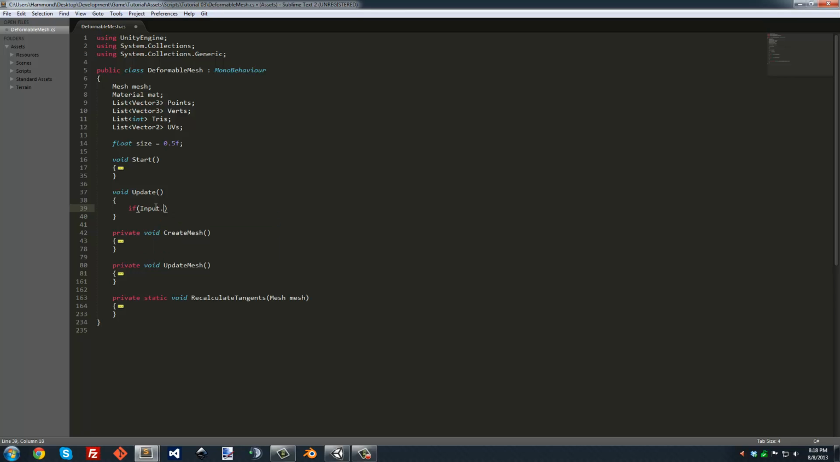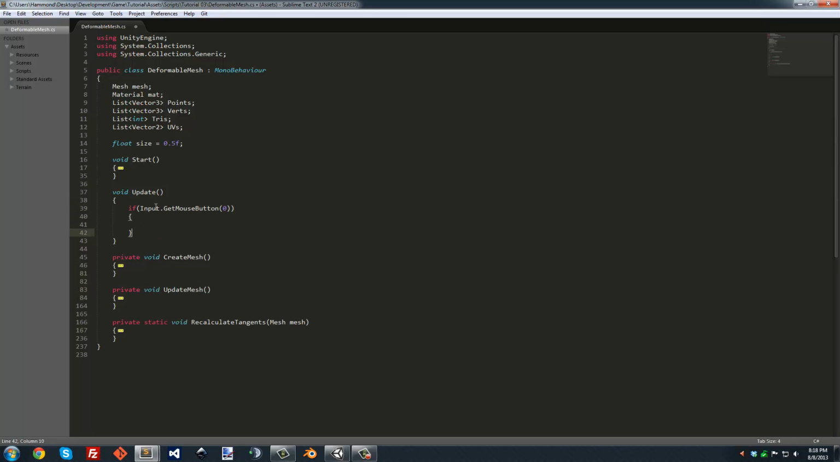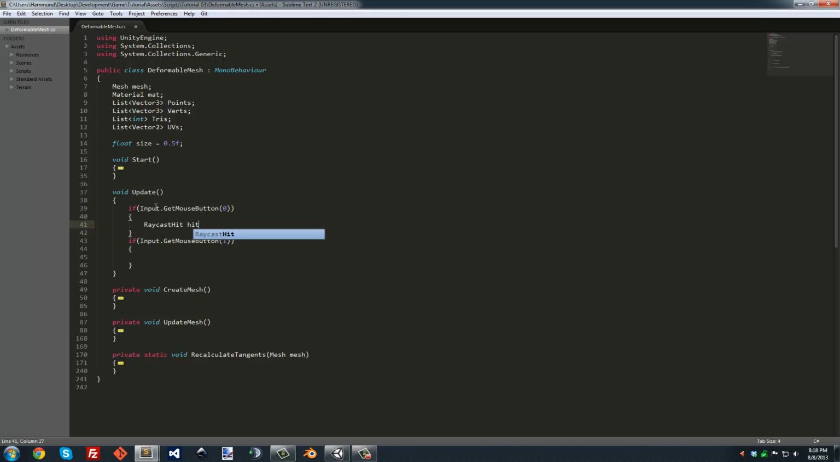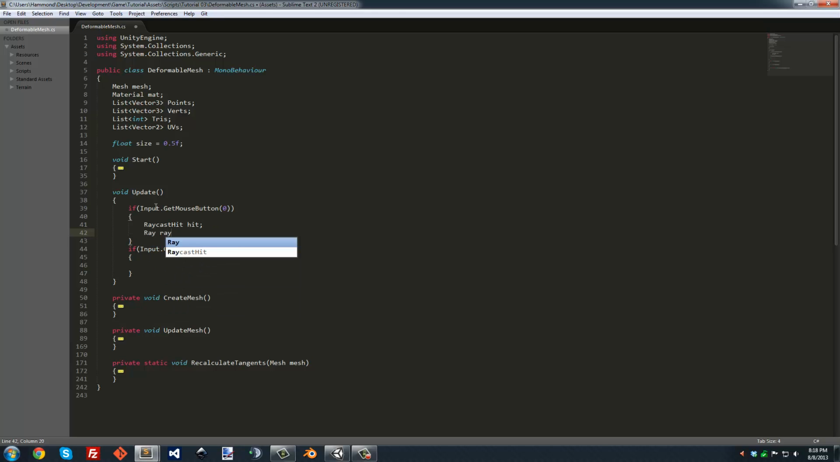So if input dot get mouse button 0, so that's going to be the left click. So if we left click, we're going to do something, and then if we right click, we want to do something. So if we left click, we want to raise the terrain. If we right click, then lower it. So of course we're going to do raycast hit equals ray camera dot main dot screen point to ray input dot mouse